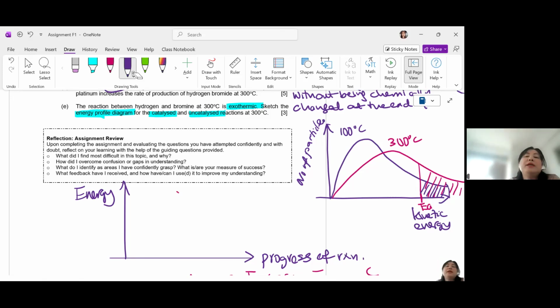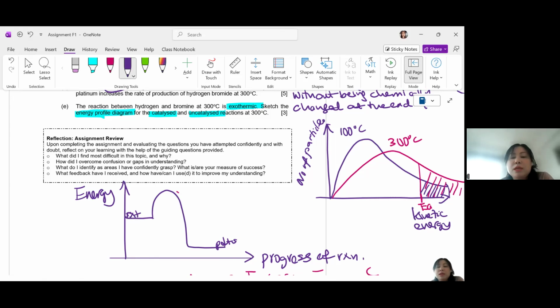Okay, so if we put in the information, we are supposed to show an exothermic reaction. So let's sketch an exothermic graph whereby the reactants have higher energy than the products. The reactants have higher energy than the products, so the excess energy is given out. So if we sketch an energy profile diagram, it may look like this. All right, this is for an exothermic reaction. We have our reactants, our products, we have to label, okay, and delta H, or the enthalpy change,